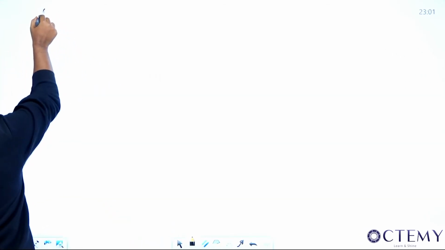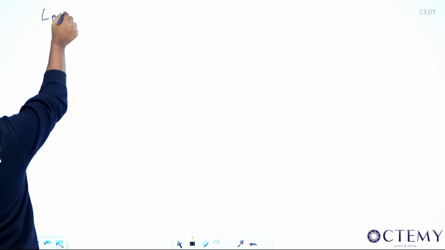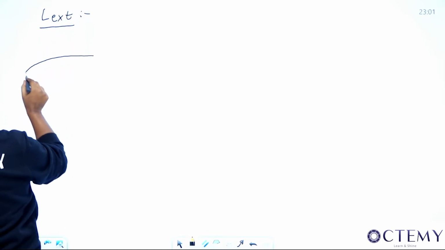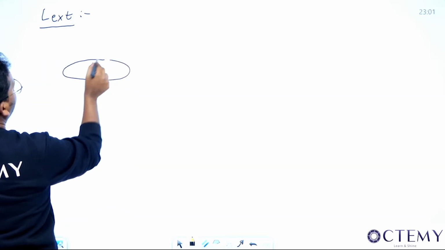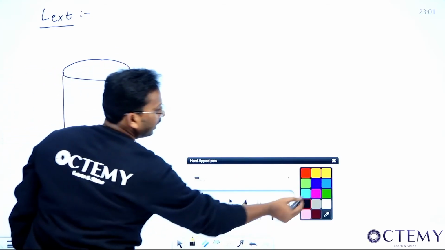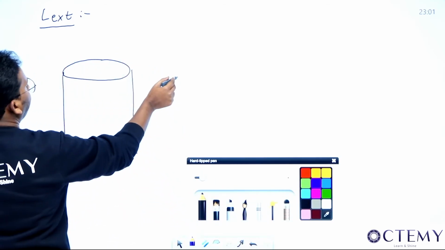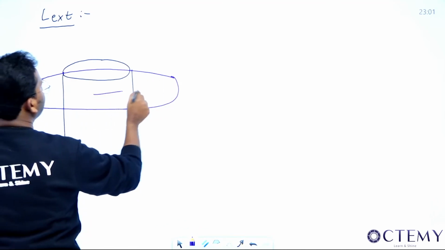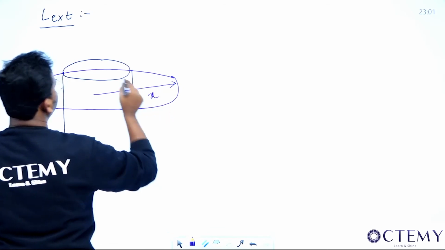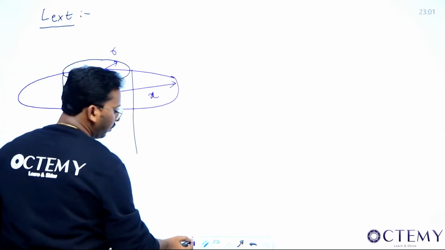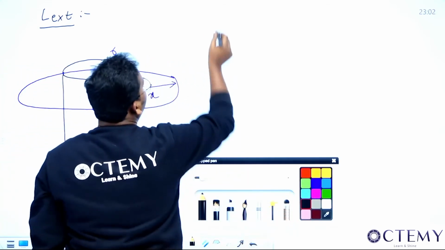If I now want to find the L external, so see sir, let us find L external now. To find external inductance, that is L external, we'll have to first find what? H external, right? So for that I am taking the figure like this, sir. This is a conductor which I have. The Ampere circuital loop which I am taking should be outside now. To apply Ampere circuital law, you have to do the Ampere circuital loop. This is the Ampere circuital loop and this is at a distance, say x, right? Now this radius is r. Again, the same thing we'll have to do.